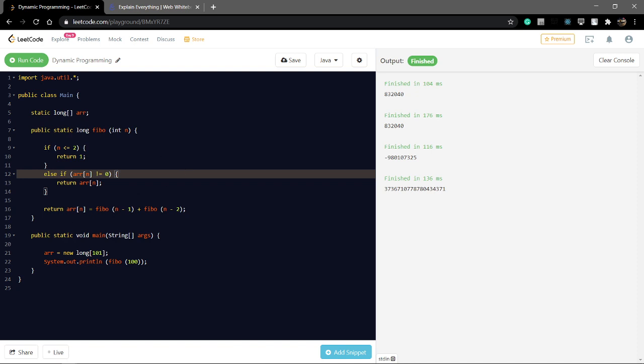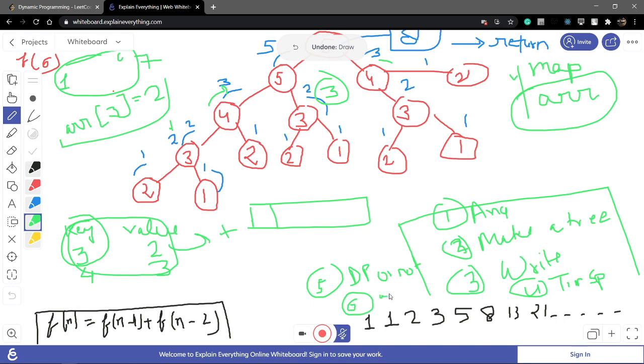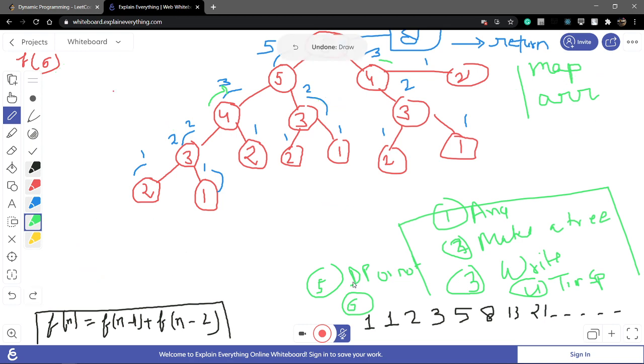Now we come back to dynamic programming, and after dynamic programming you have to write the code. Now we have discussed the time complexity and space complexity for this code, and also many other parts. Okay, in this question we only find the time complexity, how many computations occur.